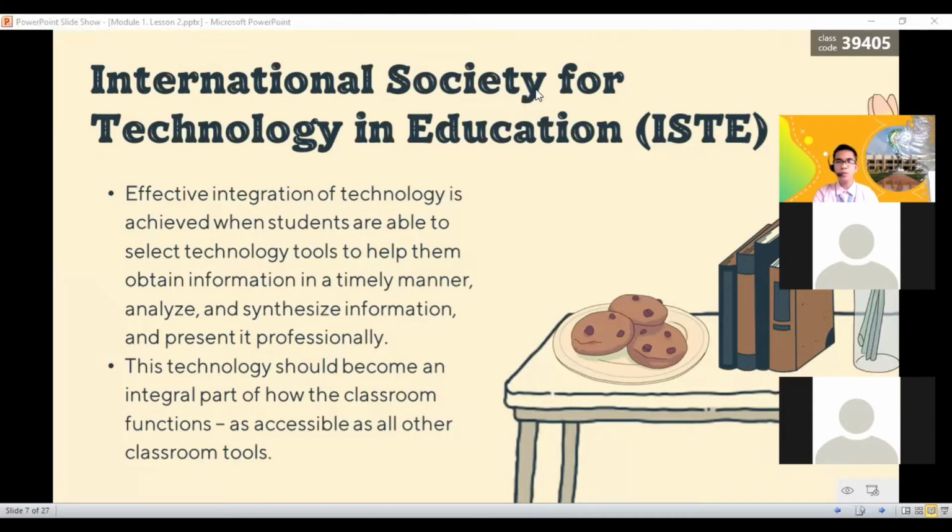Are they capable enough to accommodate those technologies that you are going to use? Kaya ba nila? Baka mamaya nag-present ka ng napakagandang technology or ICT tools na gagamitin mo sa klase, hindi naman kaya ng mga estudyante. And remember, class, that if we are presenting new ICT tools for instruction to our students,